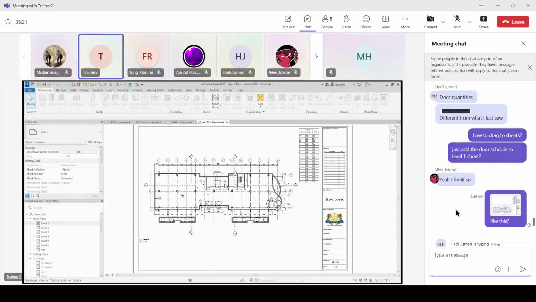It's different from what I saw. Oh, because you actually put thickness. You only have one because I think you didn't put the mark, right? And also you put the count, door description, type, with height. Yes, correct, Jing. That's how you do it. But please put it on level 1. The door schedule, please place it on level 1 sheets.